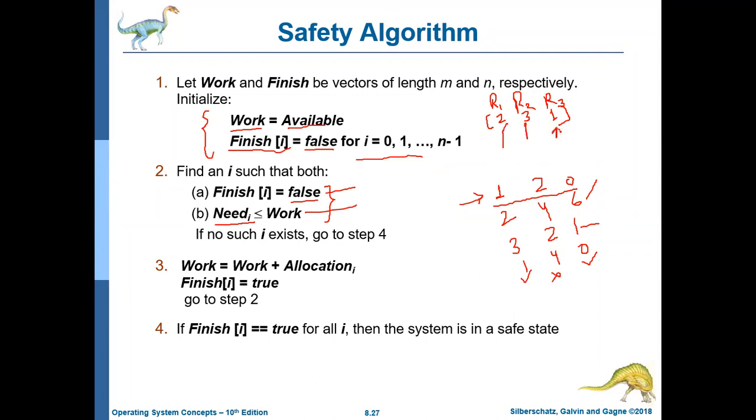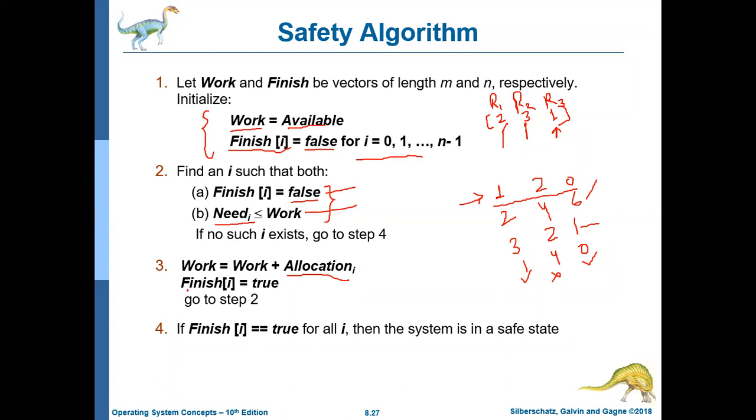Now your free availability will be increased, because some new resources will be added here that are released by the process that has been executed. So work is equal to work plus allocation of i. Whatever i was allocated previously will be added to your current work, and your work, your availability, will be increased.